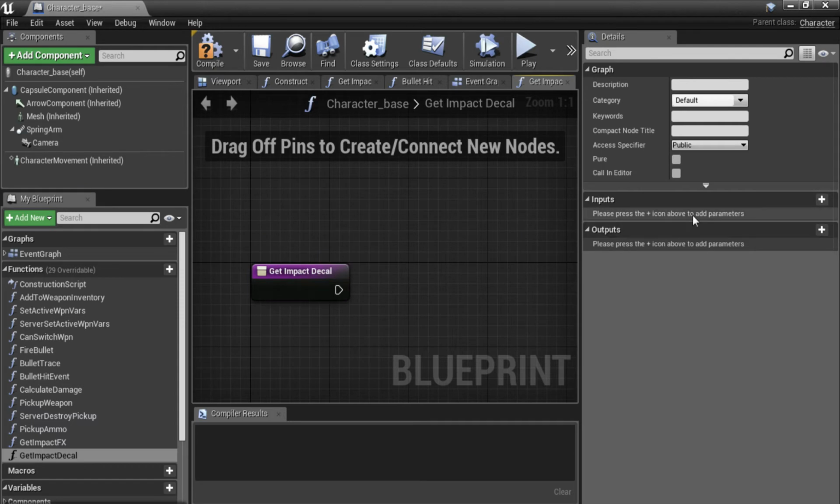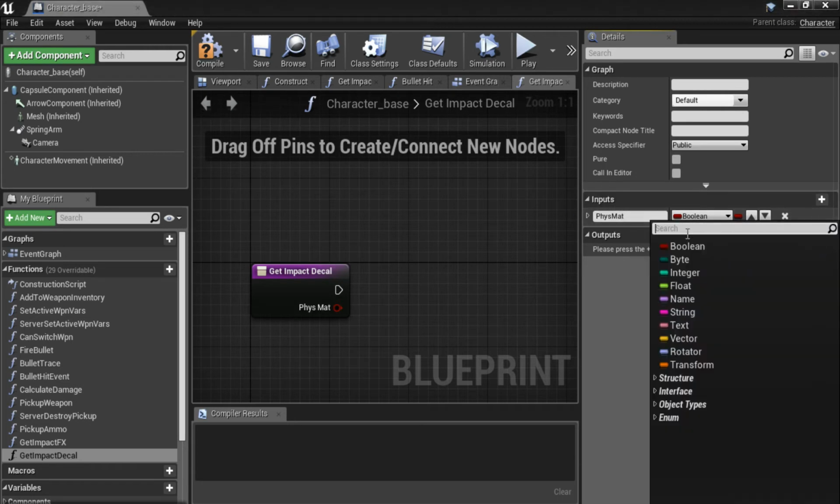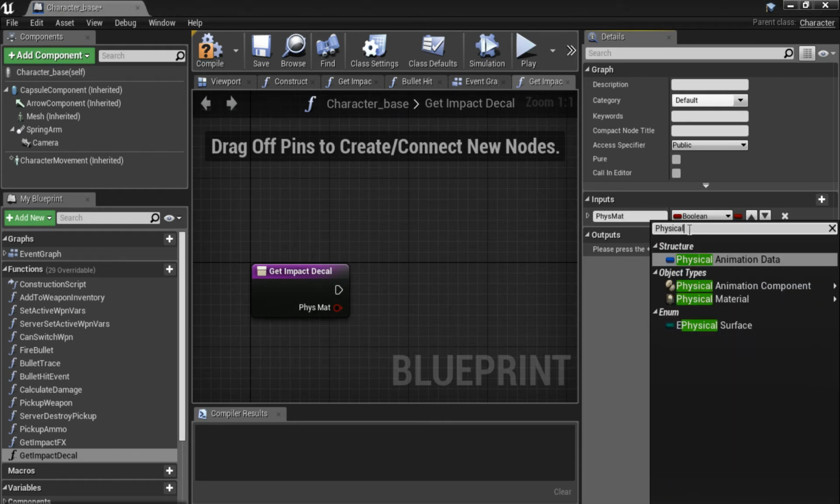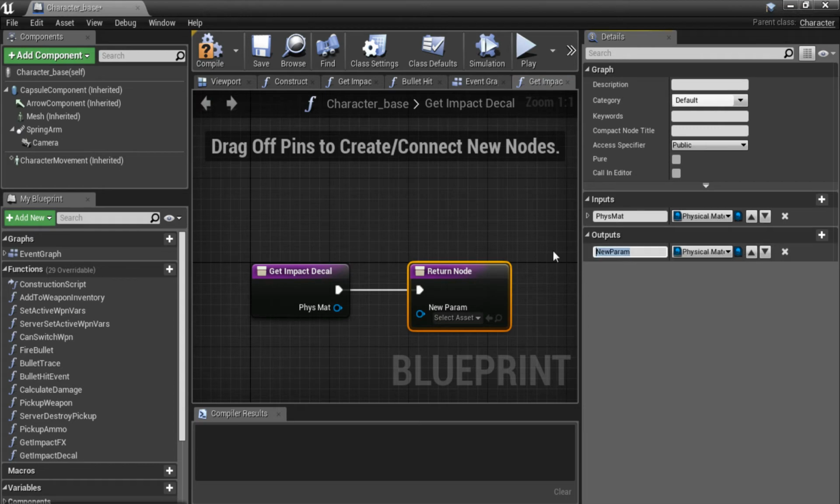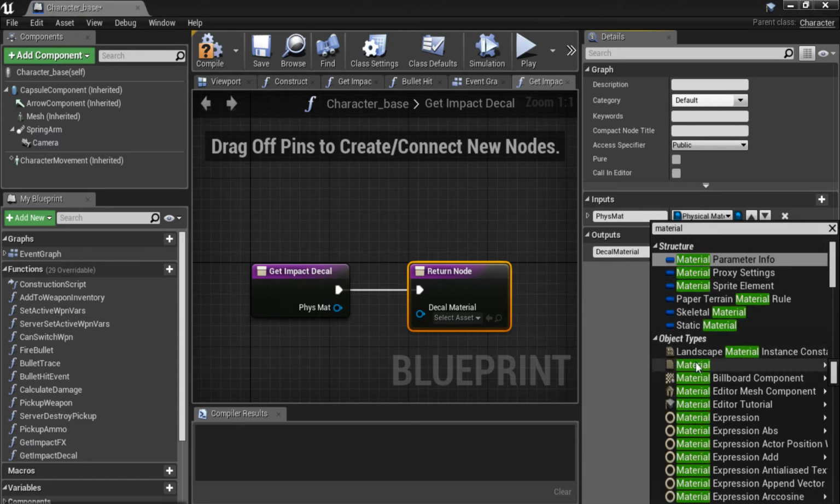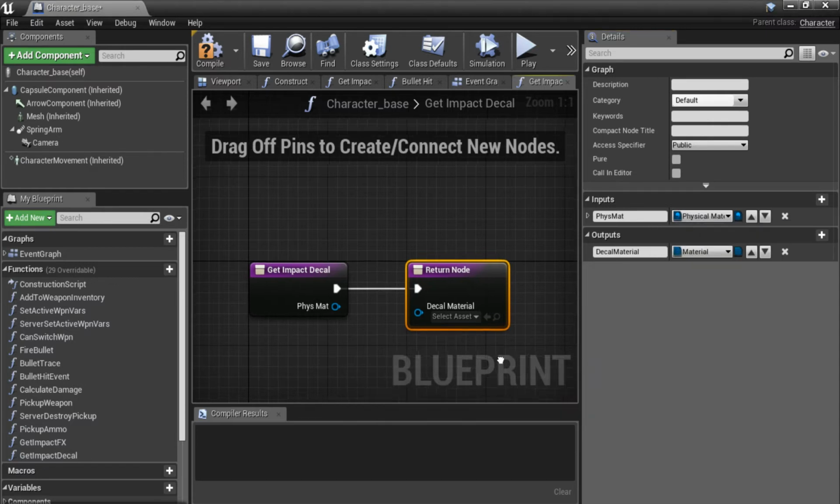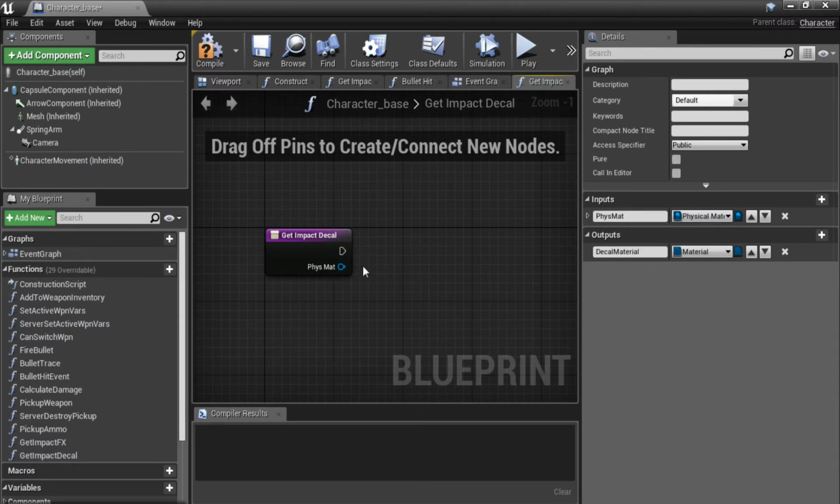Again, this is going to have one input, and that's our physical material, a physical material object reference, and it's going to have one output, and that's going to be our decal material, and that's a material object reference. So select material object reference, just like this, create a bit of room over here, and again we are going